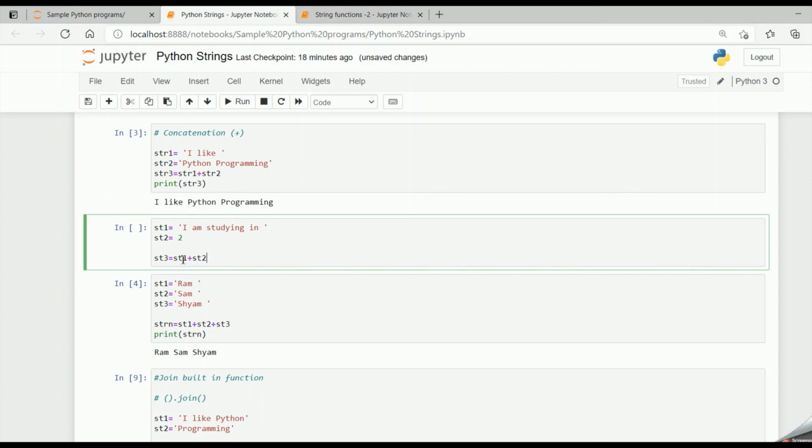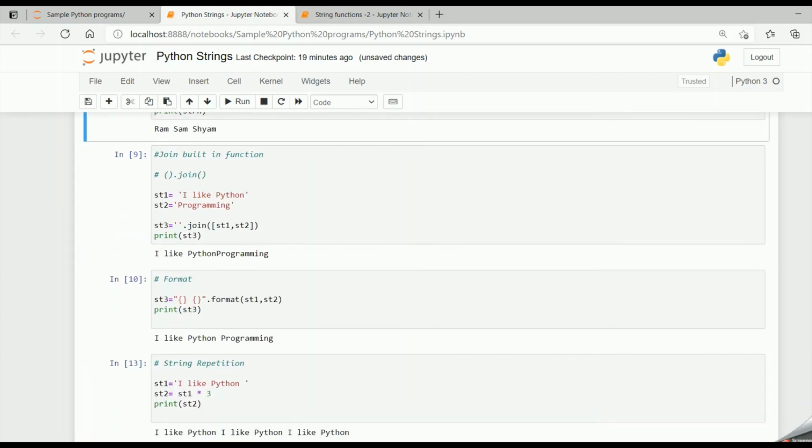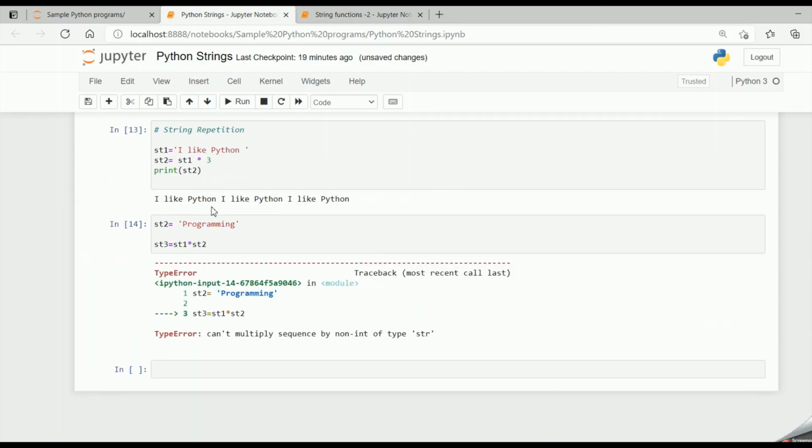And when we concatenate a string with an integer, we end up in an error: can only concatenate str, not int, to str. So we cannot concatenate an integer with a string, we can only concatenate a string with another string. So these were the different examples which I wanted to share with you.